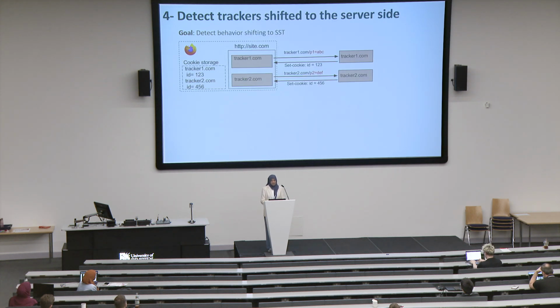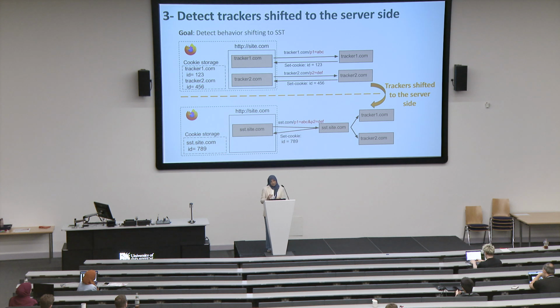Last, we detected the trackers that are shifted to the server side. Now let's go back to our example. Let's say site.com includes tracker 1 and tracker 2 that are performing regular tracking. So each of these trackers, let's say, has its own pattern that is defined by the parameters sent to the tracker and the cookies set by this tracker. We consider that tracker 1 and tracker 2 are shifted to the server side behind sst.site.com if this SST domain, sst.site.com in our example, is reusing the pattern of tracker 1 and tracker 2 and receiving the data that was previously